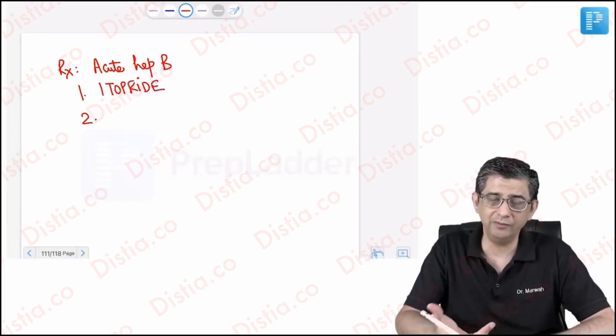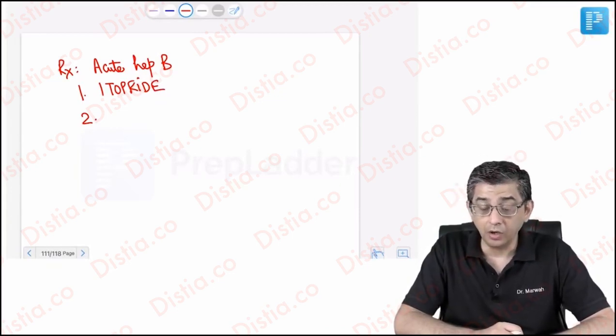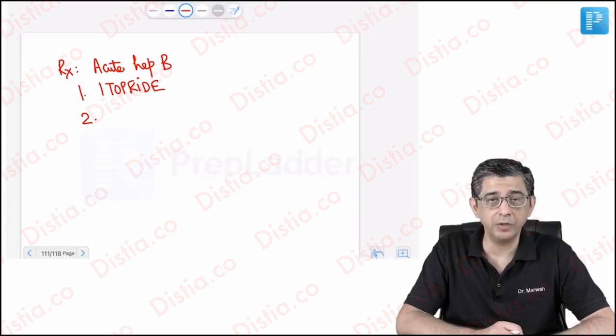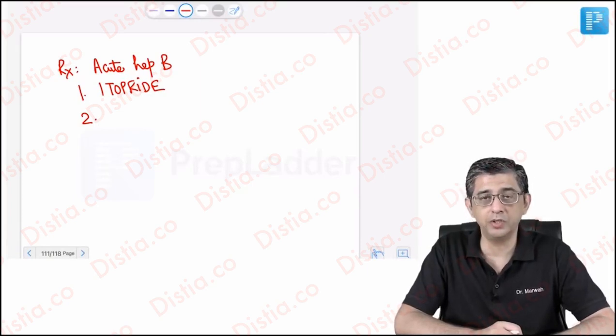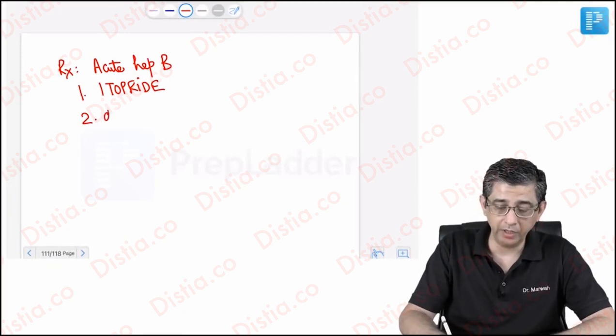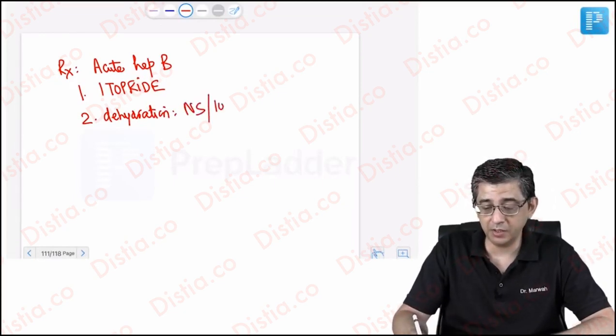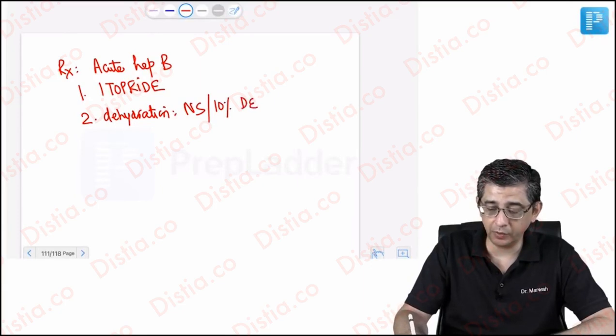a couple of days because that will anyway worsen the nausea component, and I can give itopride or mosapride to these patients. Along with this, if vomiting is a predominant complaint, you can be using domperidone and metoclopramide. If there's some component of dehydration present in this patient post vomiting, then you can admit this person and give him normal saline. If there's a concomitant hypoglycemia because he has not eaten for a couple of days, and even